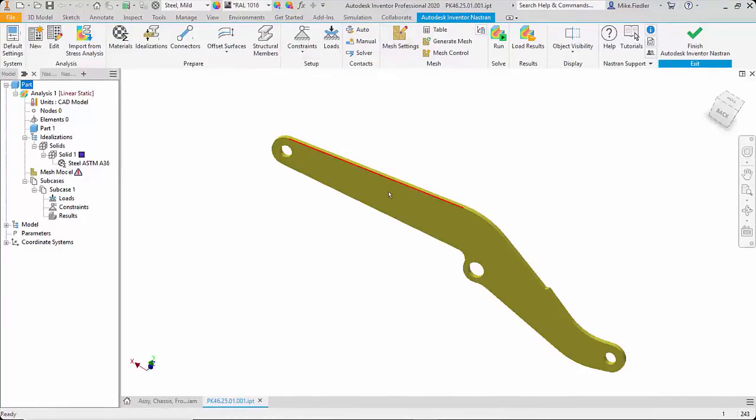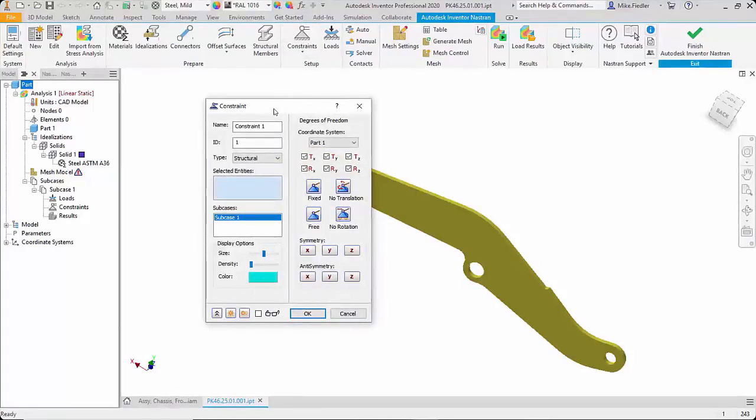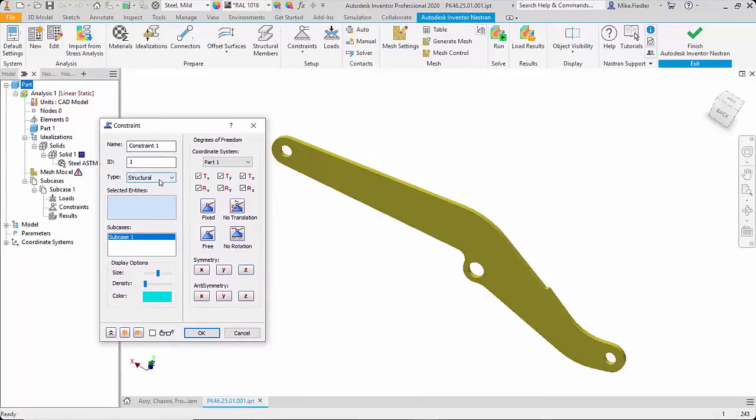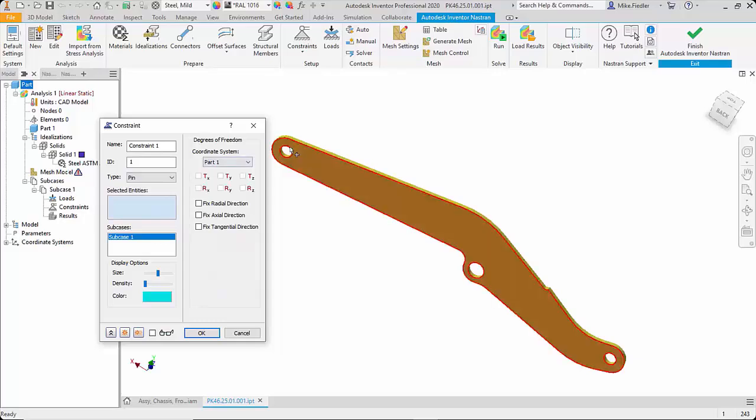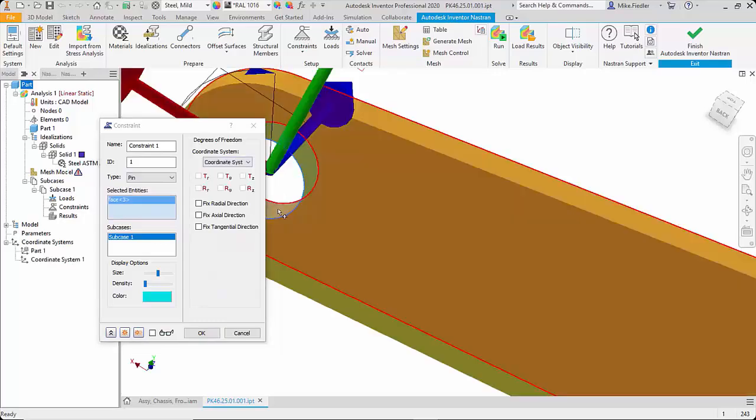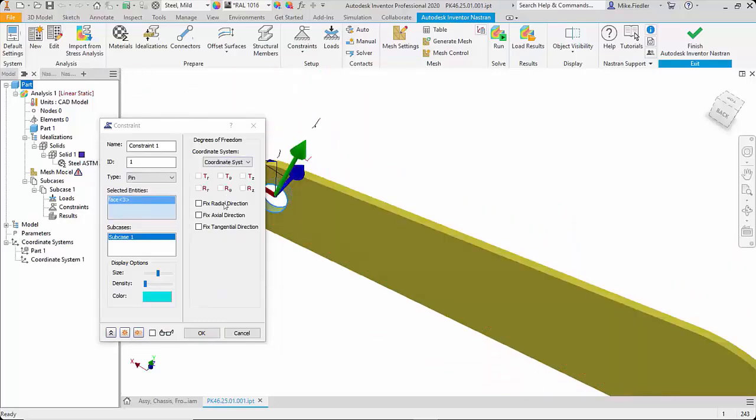So after the material, again, you need to have some sort of constraints, you need to have loads, and the mesh. So for the constraints, this end of the model is where the bucket was, and then the attachment points to the rest of the assembly were via these two holes here. So I'm going to apply my constraints here. And in this particular case, I'm just going to say that I need a constraint, and I'm going to change from a structural to a pin constraint, zoom in, select the surface that I want, and fix radial and axial